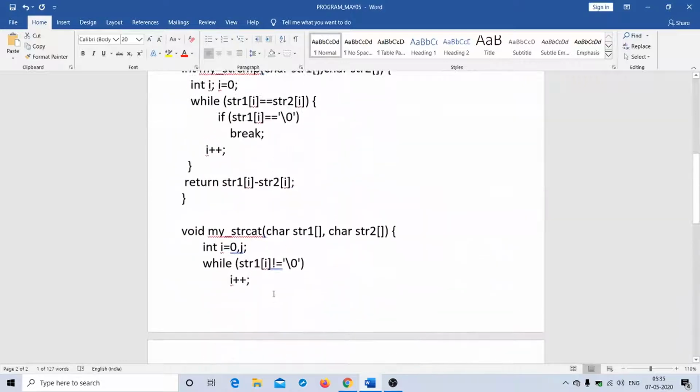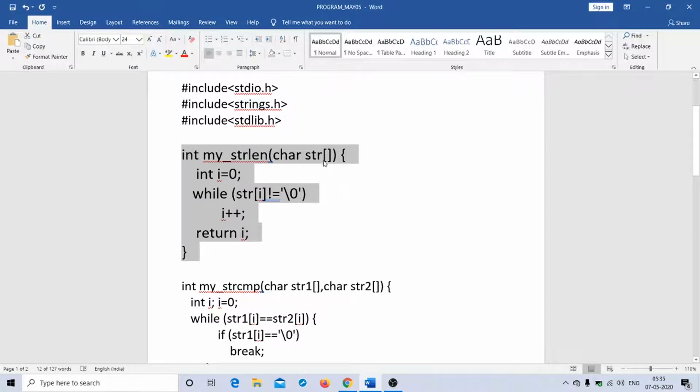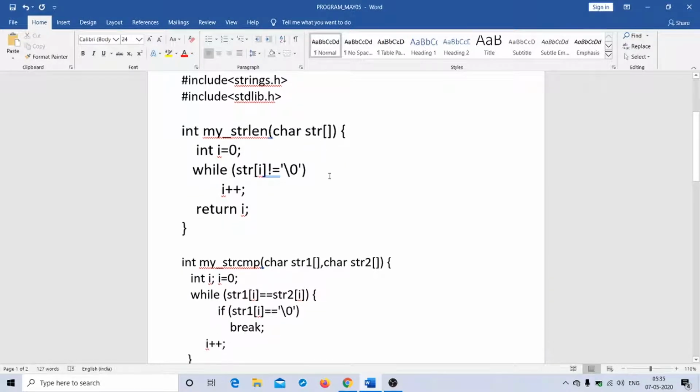The control actually comes to this particular place, and here I have str as hello, i is equal to 0, and str of i is not equal to 0. So i is 0, and for str of 0, we have already seen the memory map for a character array, where each element is of 1 byte.